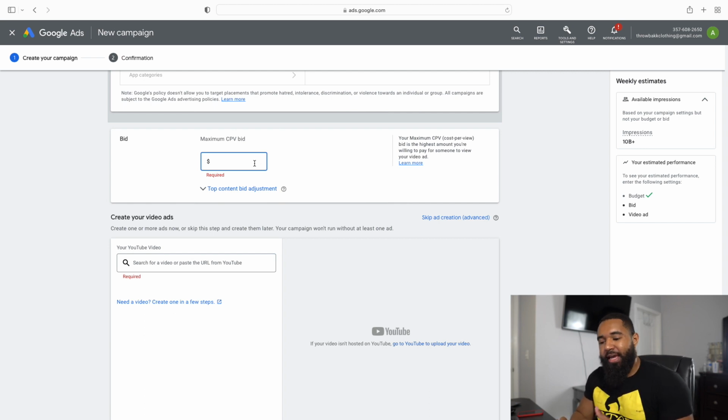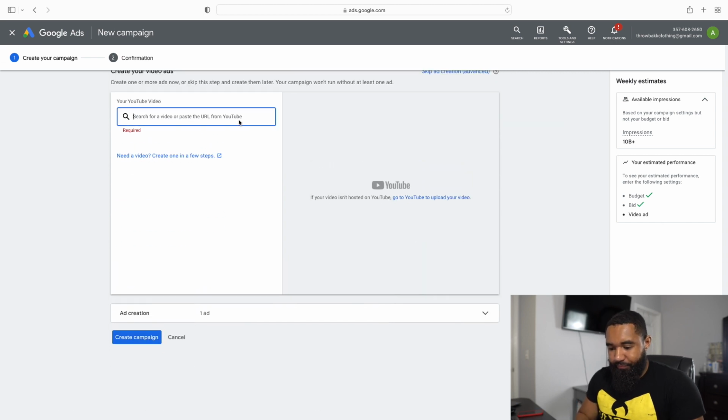Okay. And so you can go lower than that. You can go higher than that. If you notice that YouTube isn't really spending your money, then you probably need to go higher. Okay. Because if you try to do 1 cent, 2 cents, 5 cents, and you notice they're not spending, then you need to go up to 10 cents. If you do 10 cents and you notice that it's not spending, your bid probably isn't high enough, okay? So you can start as low as you feel comfortable with, but if you notice that your ad isn't spending, then it's probably because your cost per view bid isn't high enough, okay? But for the sake of this video, I'm just gonna do 25 cents